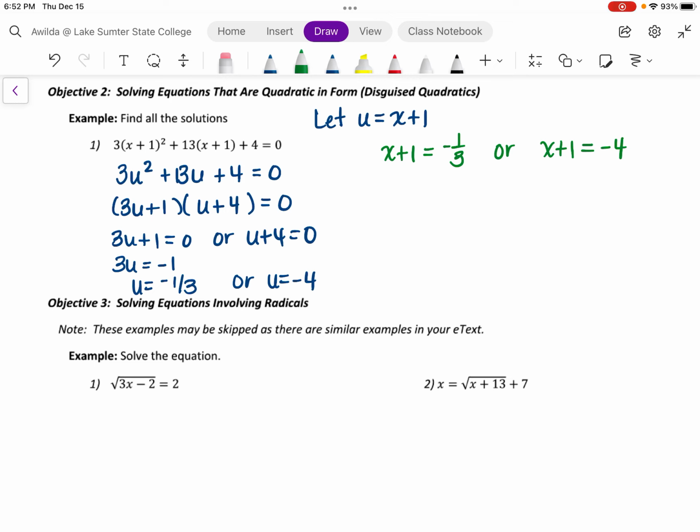Now we can solve for x by subtracting 1 from both sides. So either x is equal to negative 1/3 minus 1, or x is equal to negative 5. We can write the first solution as x equals negative 4/3. So the two solutions for x are either x is negative 4/3 or x is equal